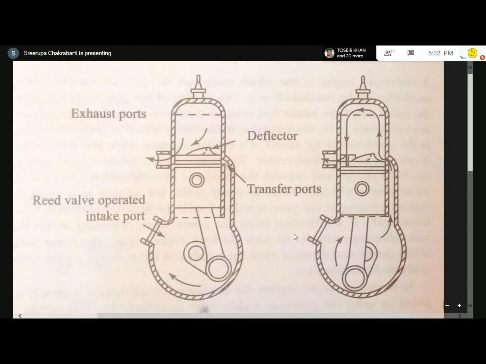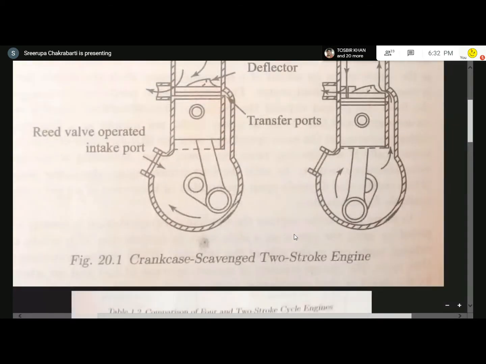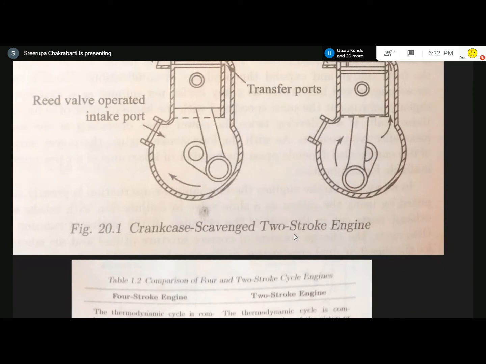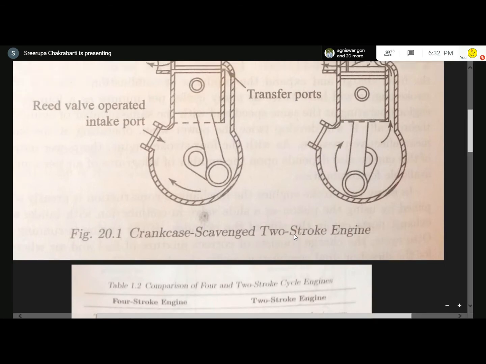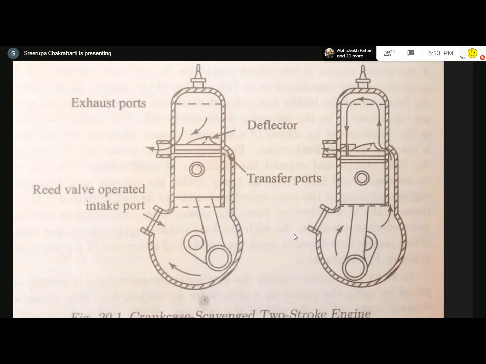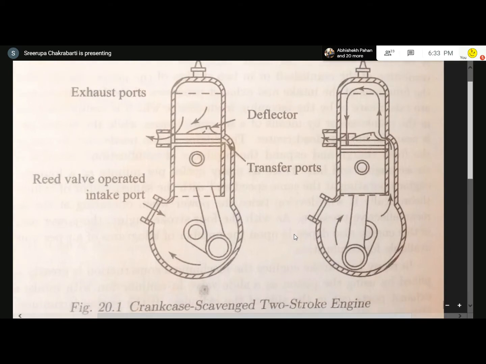And tell me, this is interesting, and you have to keep it in mind, unless it comes in your Viva, VOC, and etc., Grand Viva, or also it may come in the interviews. For any company, they can ask you, have you seen a two-stroke engine, or do you know about a two-stroke engine? How will you explain the functioning of a two-stroke engine? This sketch you should have in your mind, and you should be able to reproduce it as and when required. Tell me if you have understood.